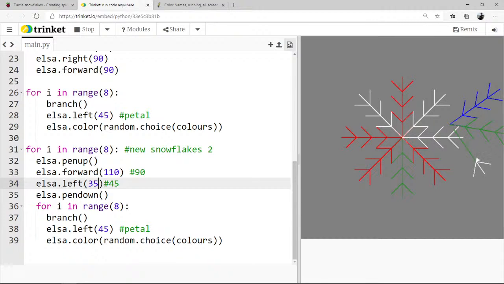That's not as far out. There we go. Now that's going to spiral a little bit more. So by closing in our angle there,